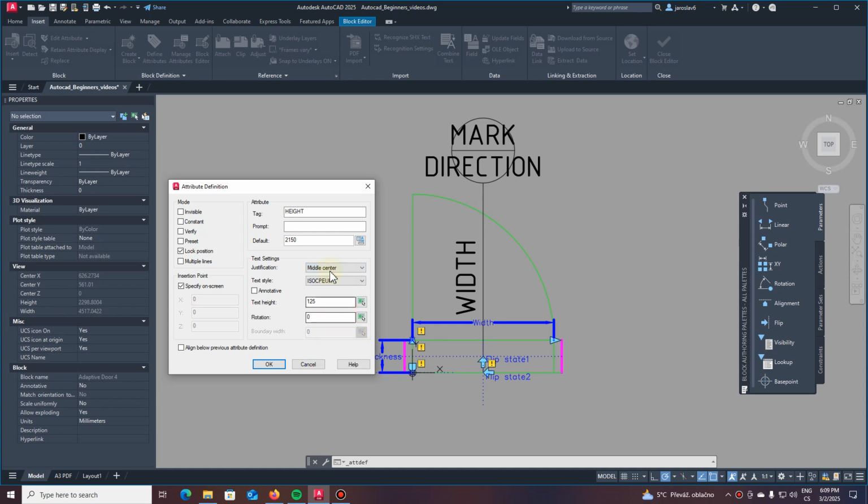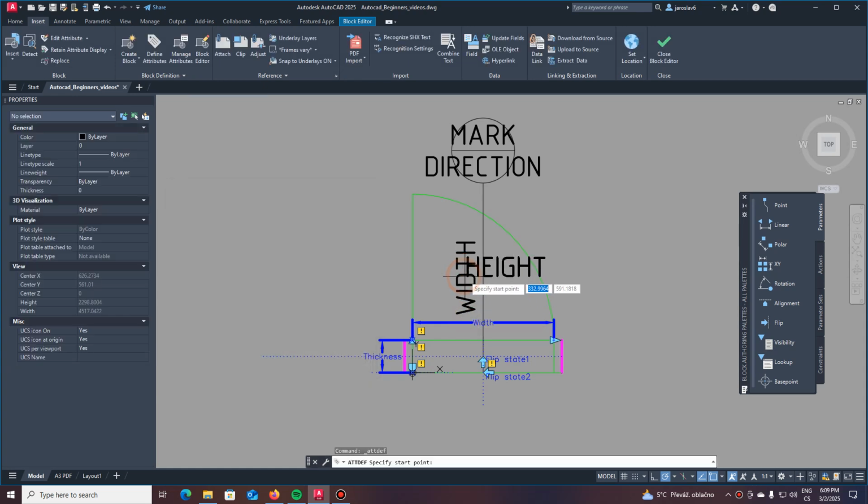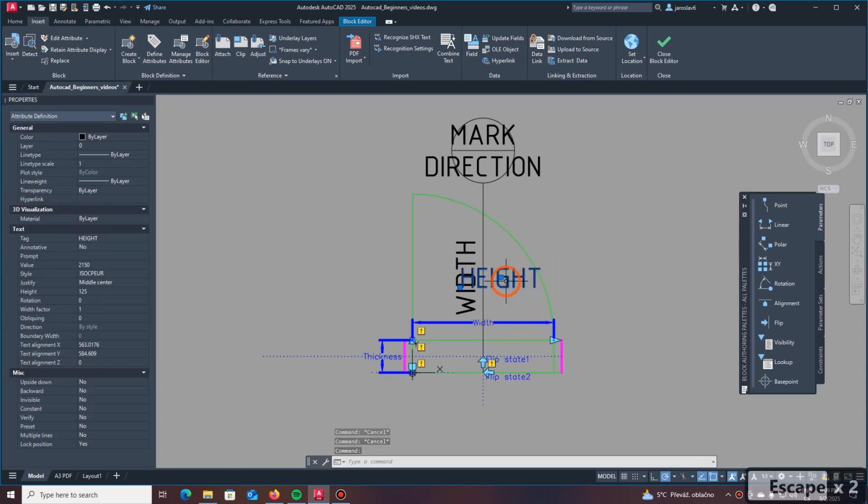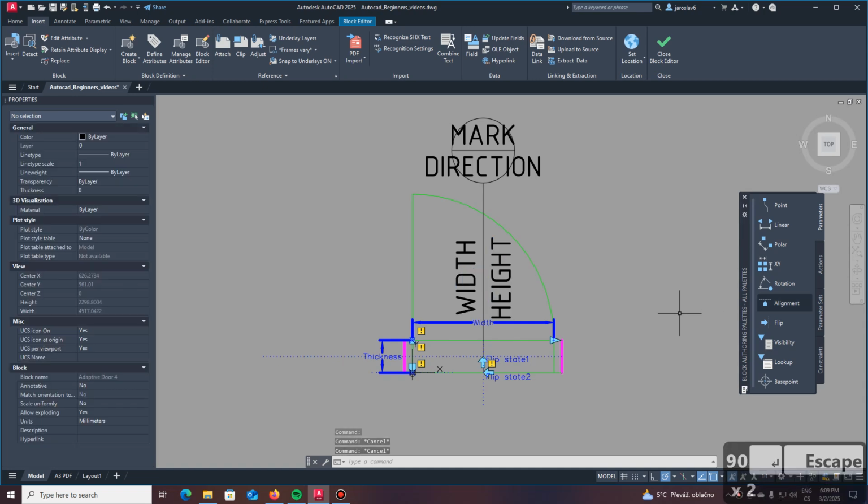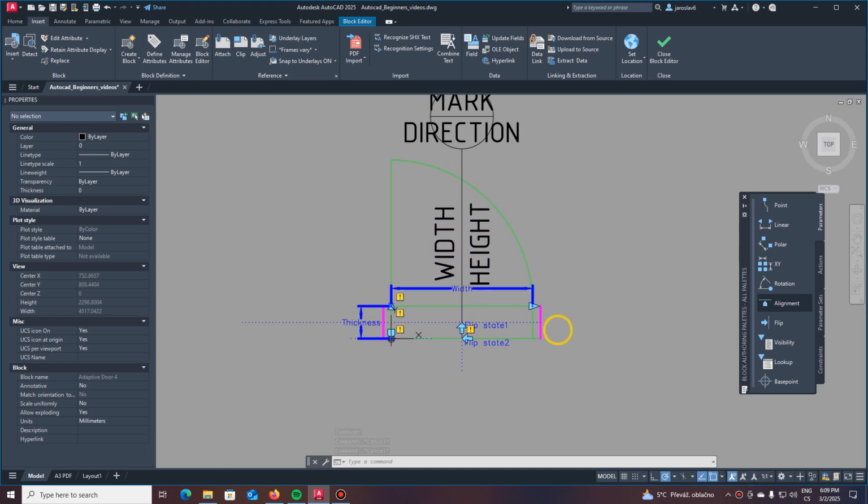And middle center, and that's it. So we align it here, but I forgot to change the rotation by 90 degrees. Perfect. So we have everything, and now we need to define which elements should